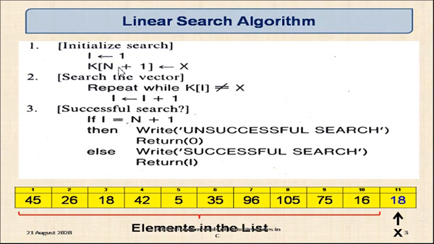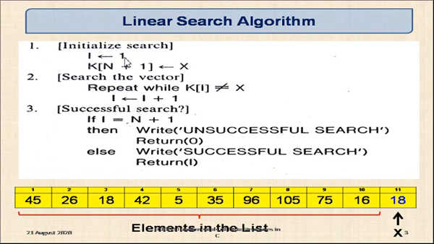In this algorithm you can see so many variables. I is the loop variable. I will vary from 1, 2, 3 up to the value of n, so that it will be helpful for us to sequentially compare the element to be searched with every element in the list. Then K is the name of the list. N is the size of the list, that is, in this example it is 10. X is the element to be searched in the set of 10 elements in the list. Fine. Now let us go through the algorithm.